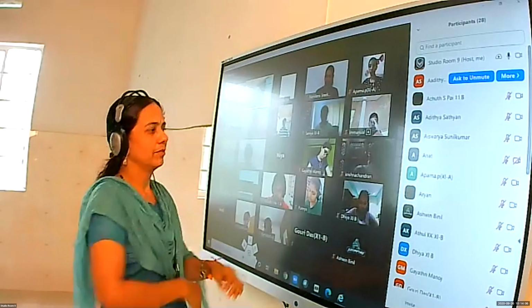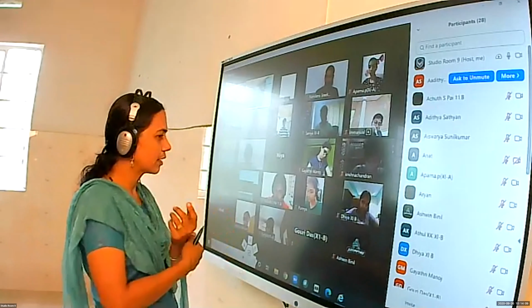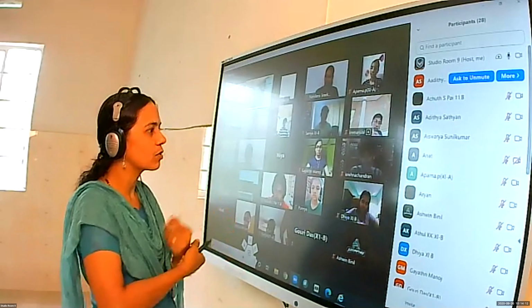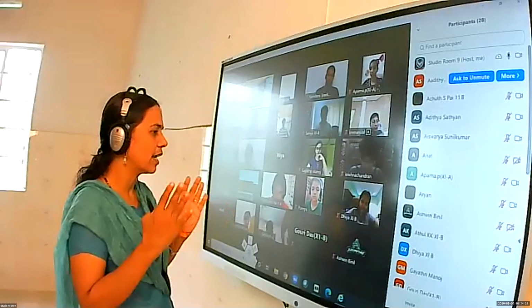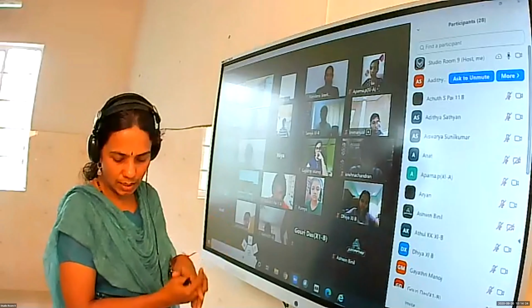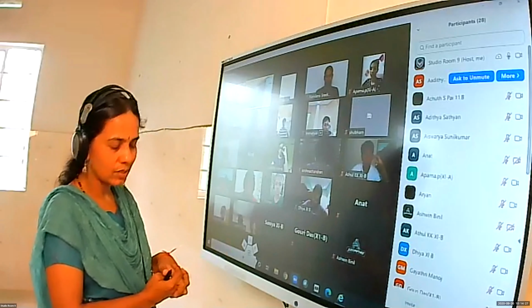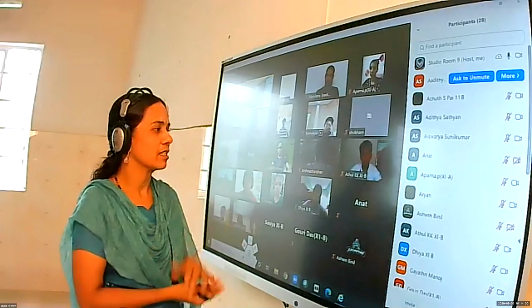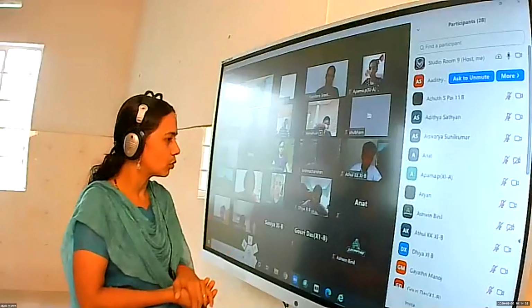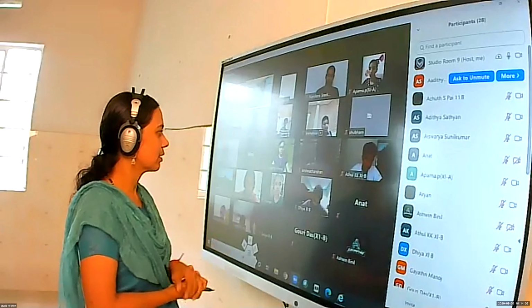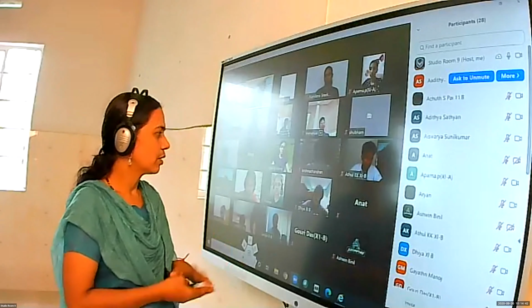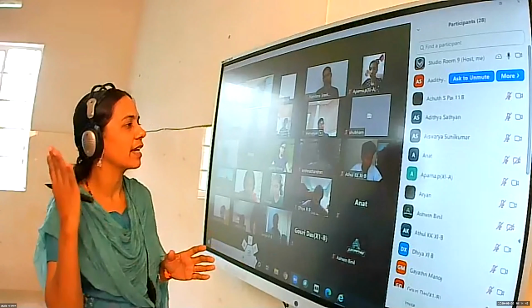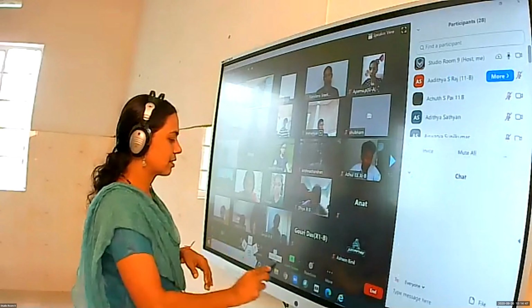So what is the answer? What is given here? A customer is going to the bank. He forgets his ATM code. How many digits will be present in an ATM code? 4. Okay, he remembers the digits, but he doesn't know the order. The digits he remembers are 3, 4, 7, 9. So what are the possibilities? How many trials does he have to do to get the correct code? That means we have to check how many arrangements are there. Using the 4 digits, how many possible arrangements are there?